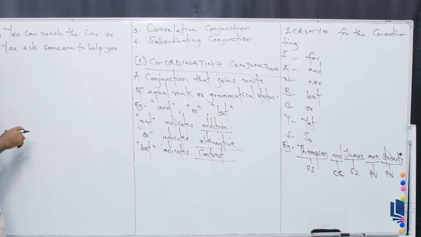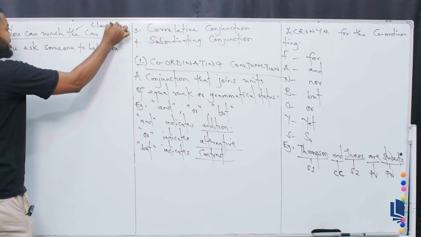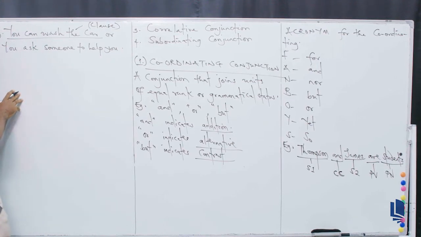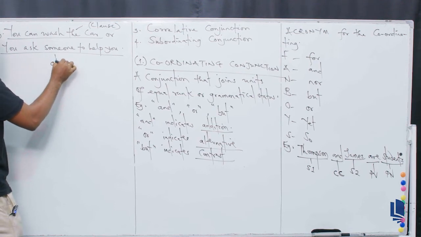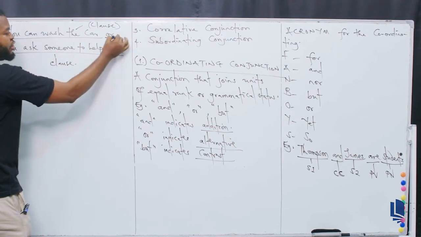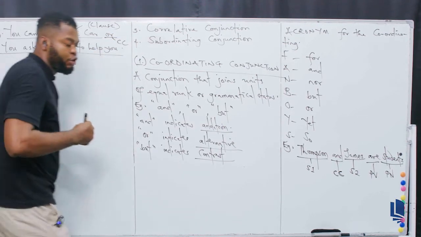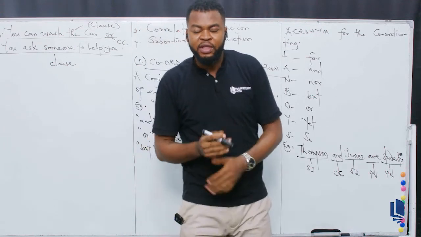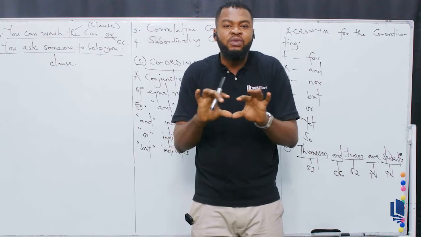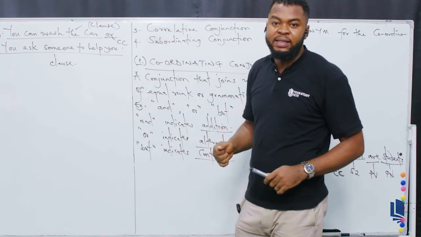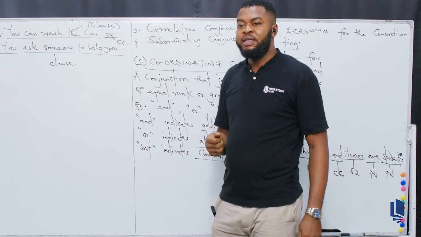So remember, this is talking about a clause. That's a clause. And "you ask someone to help you" is also another clause. "Or" is a coordinating conjunction, don't forget. I mentioned to you that a coordinating conjunction is a conjunction that helps to join units of equal ranks or equal grammatical status. Now, what do you mean by that? It means that "or" is